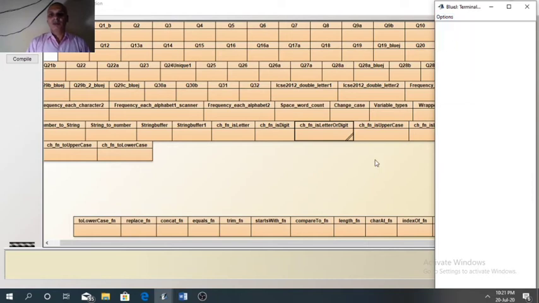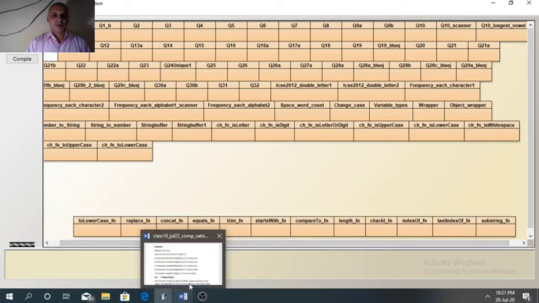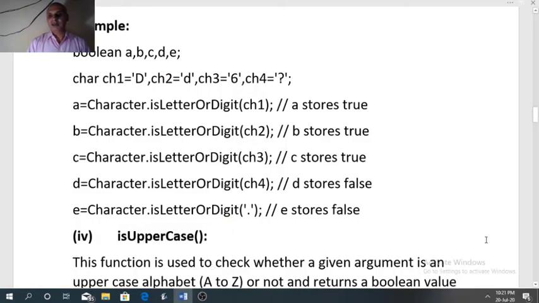So the third function is over. Now the fourth function is isUpperCase.